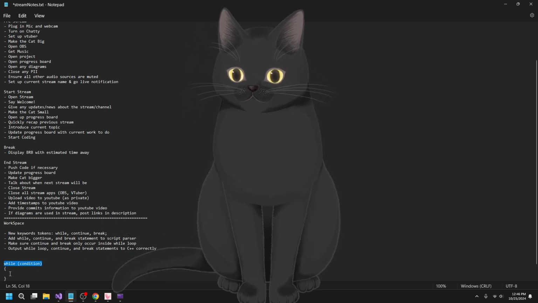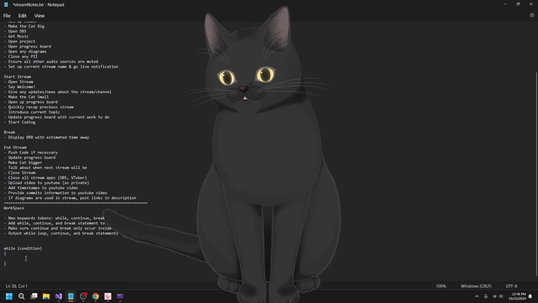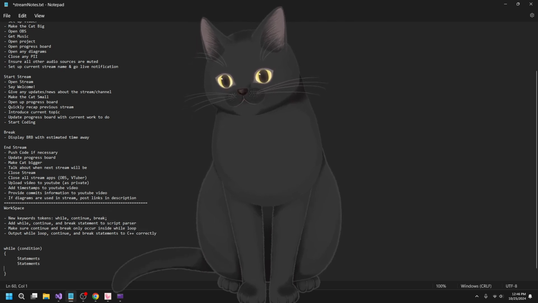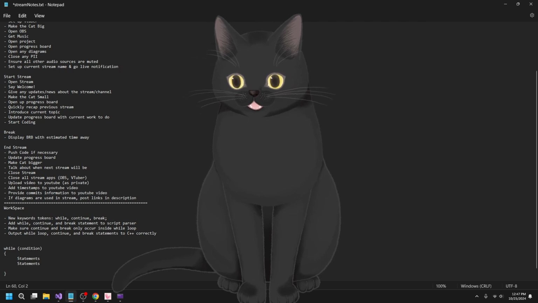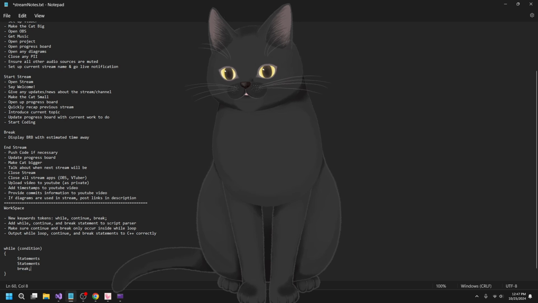If the condition is true, then we start the while loop. If you come back and the condition changes to false, then we exit the loop immediately. That's all the while loop is. And then one of the statements that's useful only in a while loop or in a for loop is a break or a continue.